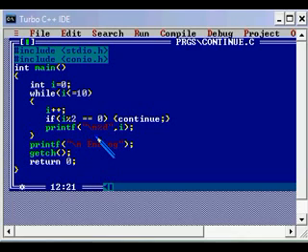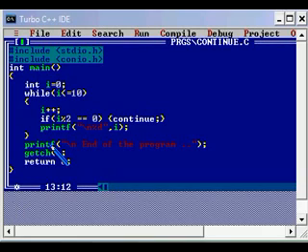Then getch and return. Getch is to make the console stable so that we can see the output. Return 0 is mandatory, and this is for the integer return type of this main function to inform the OS that the program code successfully ended.